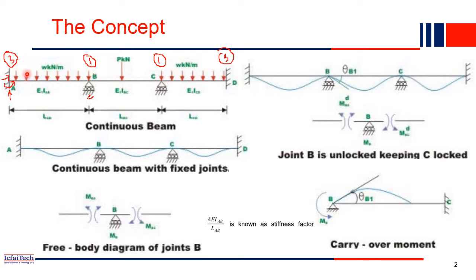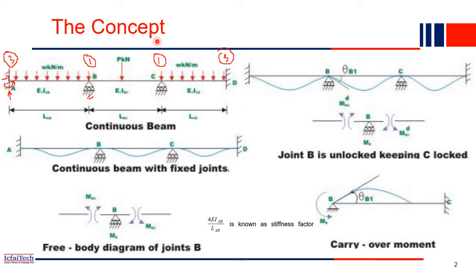To draw the bending moment and shear force diagrams, and find deflection and slopes at any point, we can't use our normal method, because here so many support unknowns are there. So before drawing the bending moment and shear force, we first have to find all the support reactions. Last class we saw how to do it using the three moment equation. In the three moment equation we considered just three supports at a time, and developed an equation which relates the middle moment MC with ML and MR, if you recall. So today we'll discuss using the moment distribution method to solve this beam.